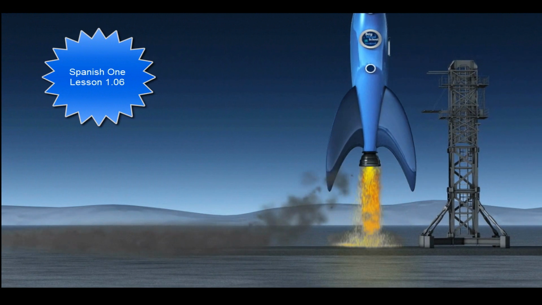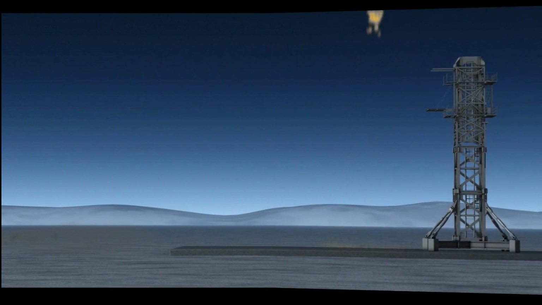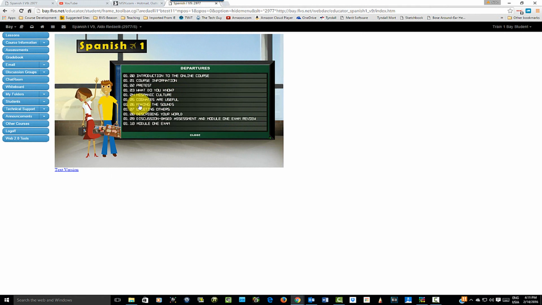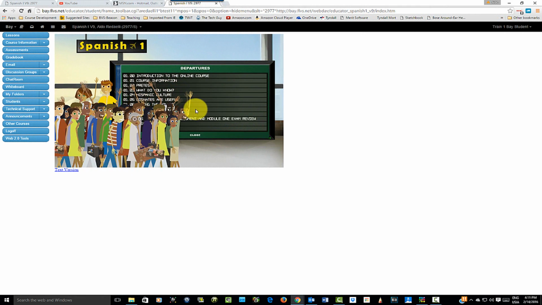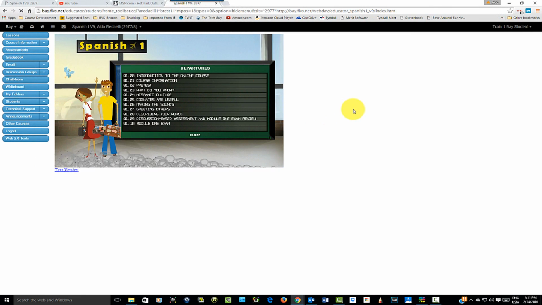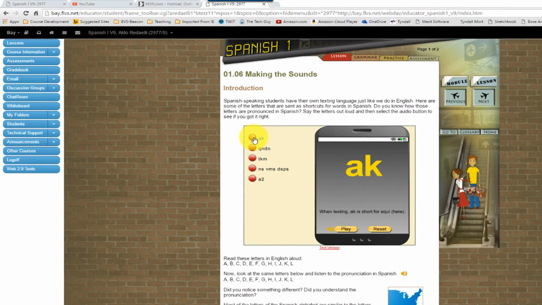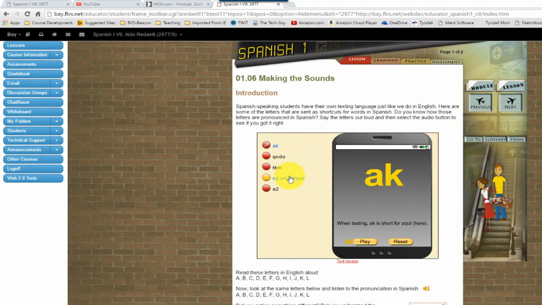This is Mr. Gelly, and today we're going to work on lesson 106 in our Spanish 1 class. So we're going to go to 106, which is making the sounds. This is a really important lesson, and we can say, like in English, when you send text messages,